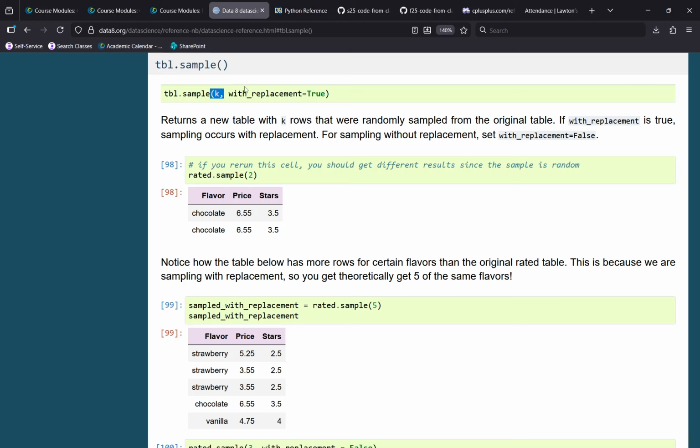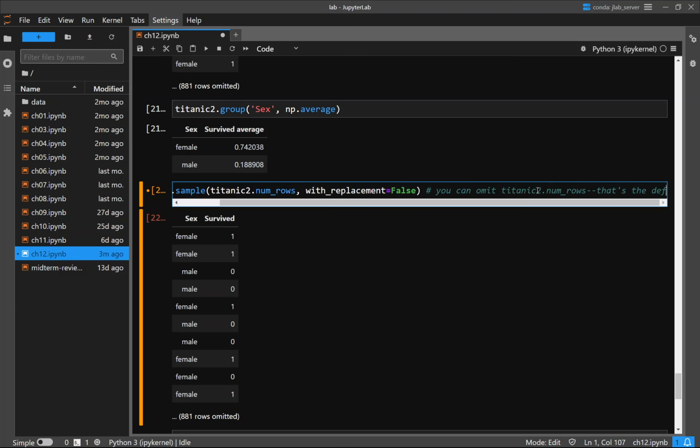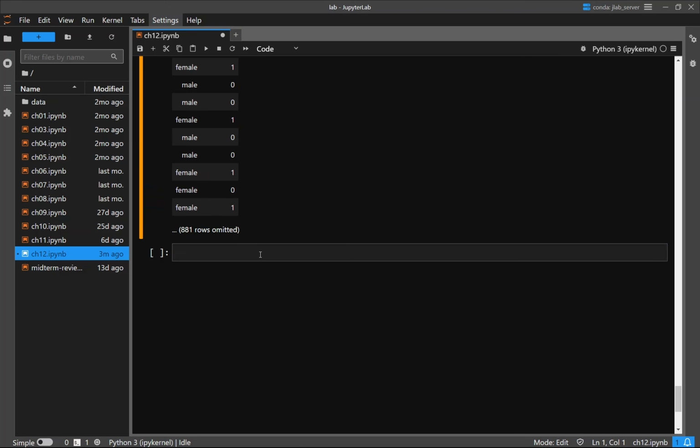So it samples with the same number, and that's what we want here. All right. So you can omit Titanic 2.num_rows. That's the default. It's always the default, the number of rows you had. So I can just call it like this and say Titanic 2.sample with replacement equals false,